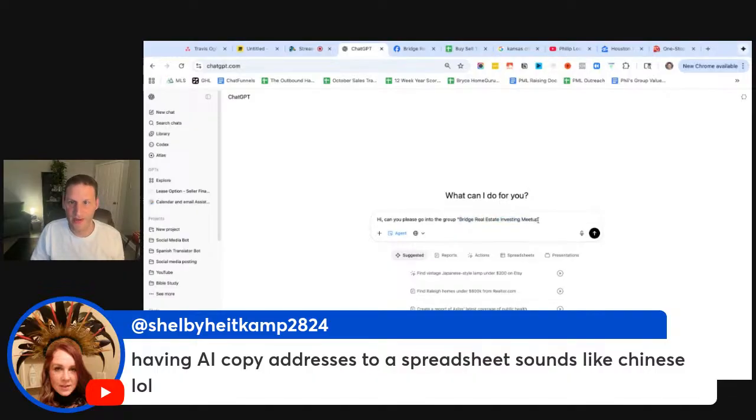So I did this to buy a bike in Austin. And what I did was I said, can you go through my Facebook Marketplace and find the best deal for a hybrid bike? And it went through and looked up all the pictures of all the bikes and compared them to the market value and found me the greatest discounts. So I bought 2 bikes for like 200 and 250 bucks each, and they're like $600, $650 bikes. I had ChatGPT do the majority of the work and make a spreadsheet for me, narrowed down the list, and it saved me like hours of time. And it was super cool.